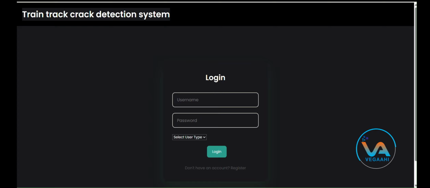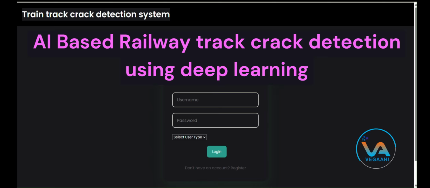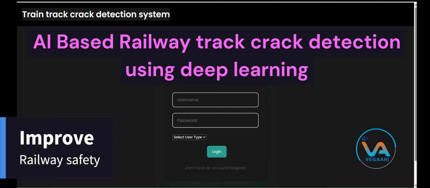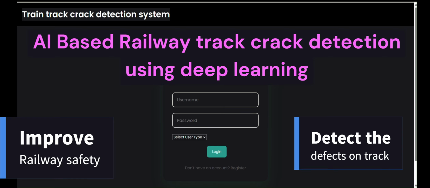Today I am presenting my project titled AI based railway track crack detection system using deep learning. The main objective of this project is to improve railway safety by automatically detecting cracks and defects on railway tracks